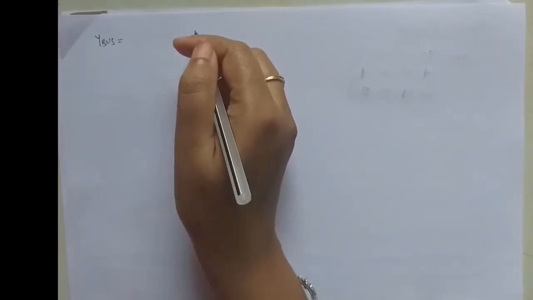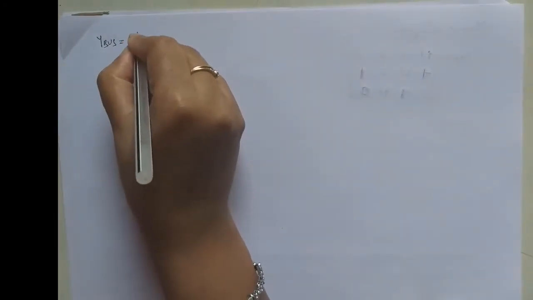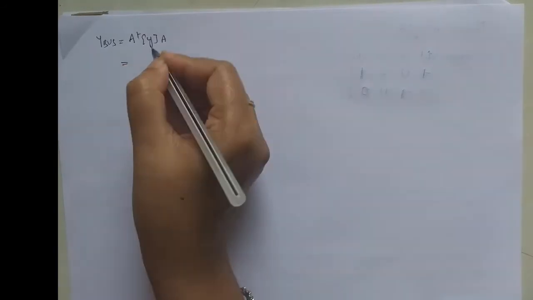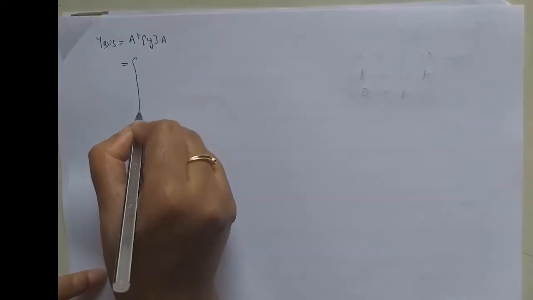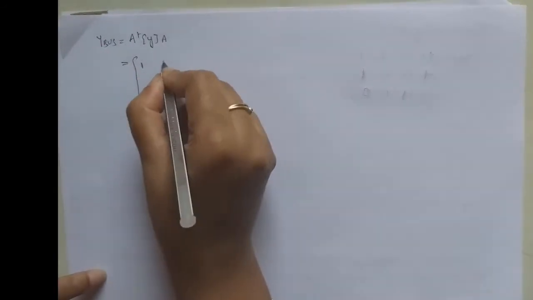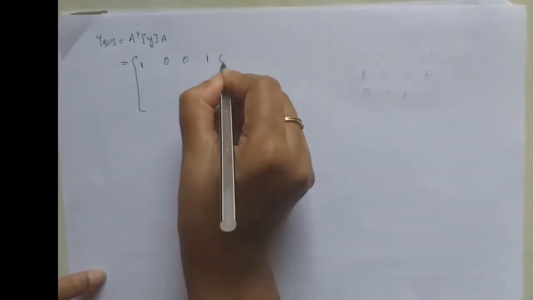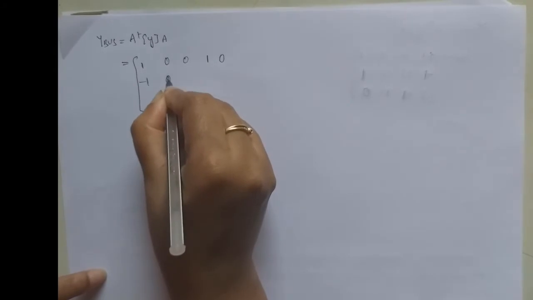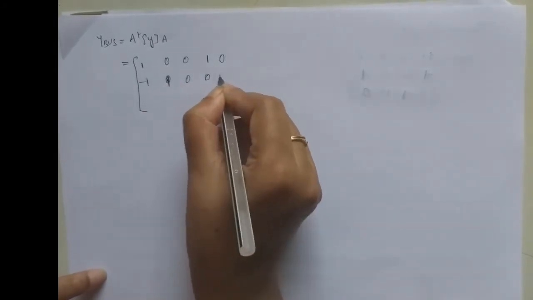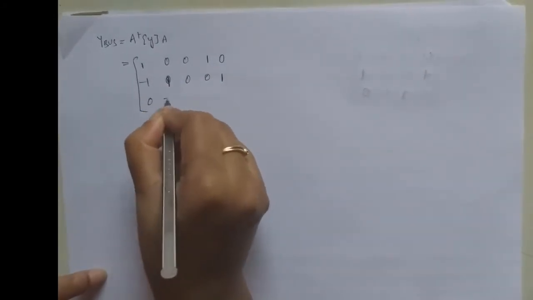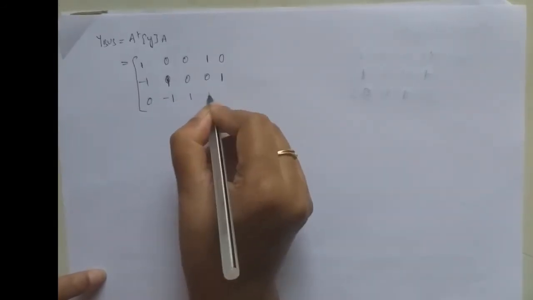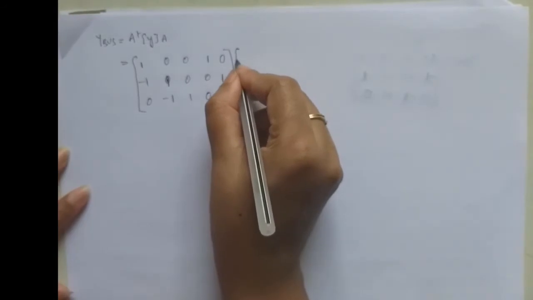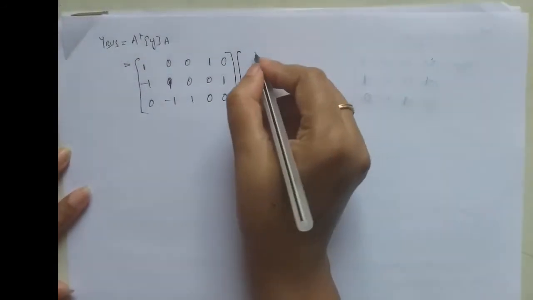Here Y bus is A transpose Y A, and A transpose which is calculated is 1 0 0 1 0 minus 1, 1 0 0 1 0 minus 1, 1 0 0, and matrix Y which is found from the network,